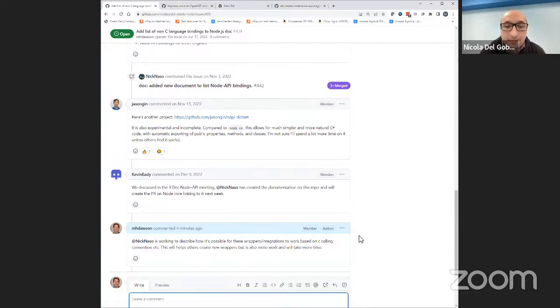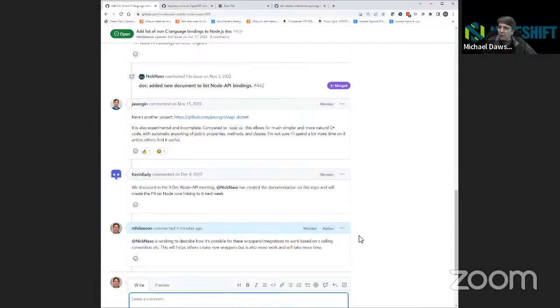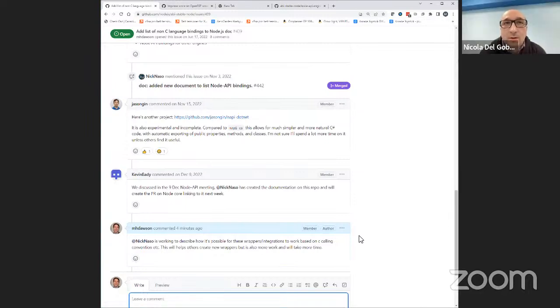So is Go the same? Can Go export C callable functions? Because it creates a static binary. You can export a C static library and a C shared library. But there are some strict rules about what you can pass from Go to C. So you cannot pass a Go function. You cannot pass a Go type.